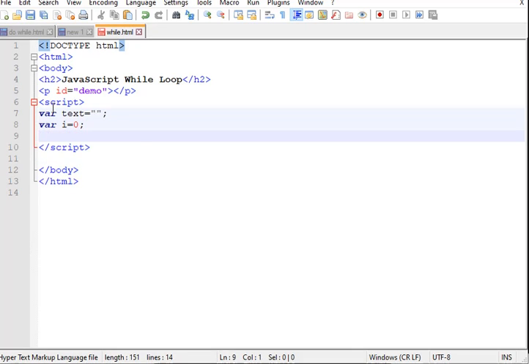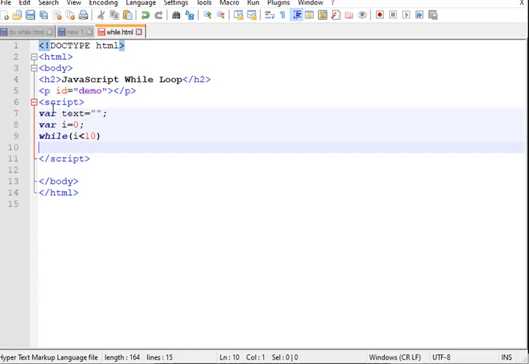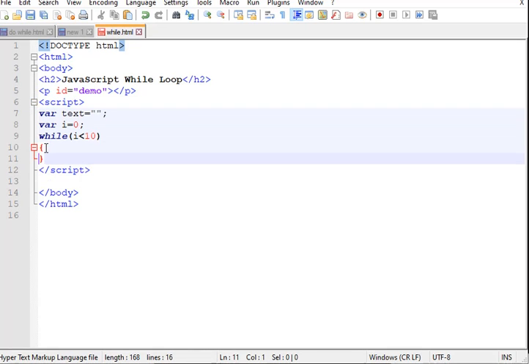Now the while loop starts: while, then the expression i less than 10, then curly braces. Here we are going to execute the statement while the condition is true.